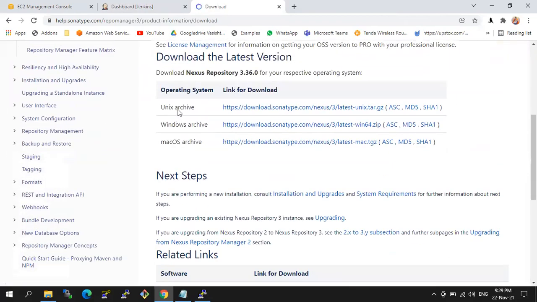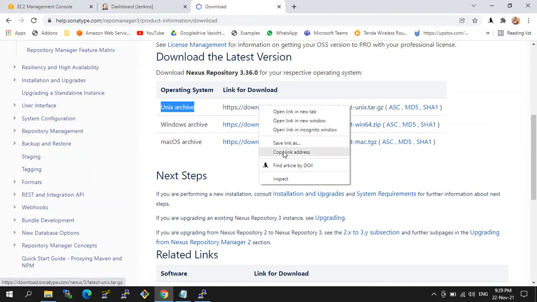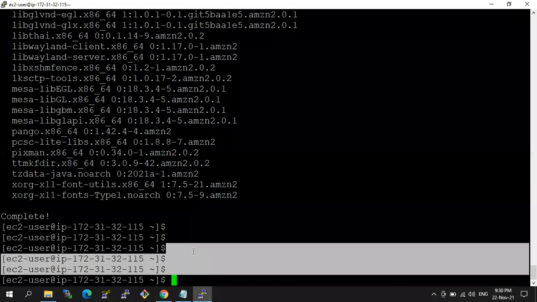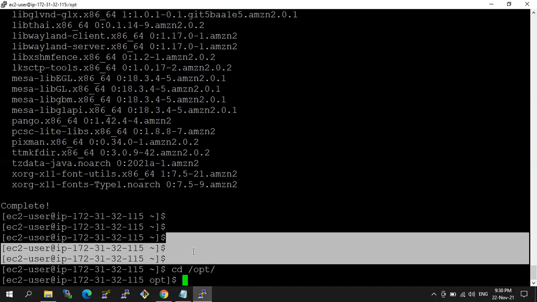There you can see the operating system and link to download. The Nexus version is 3.36.0. This is a recent version. If it is a Linux machine, you can use this archive. If it is a Windows machine, you can use this. And for Mac OS, this is the package. Just copy this link address, move into the opt folder, and now execute the command sudo wget